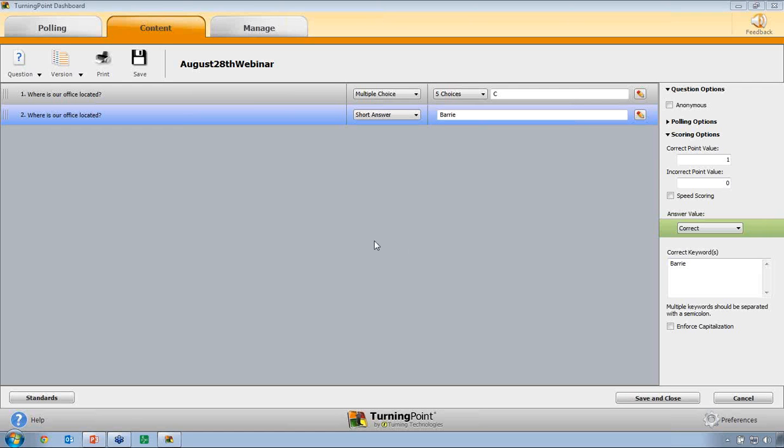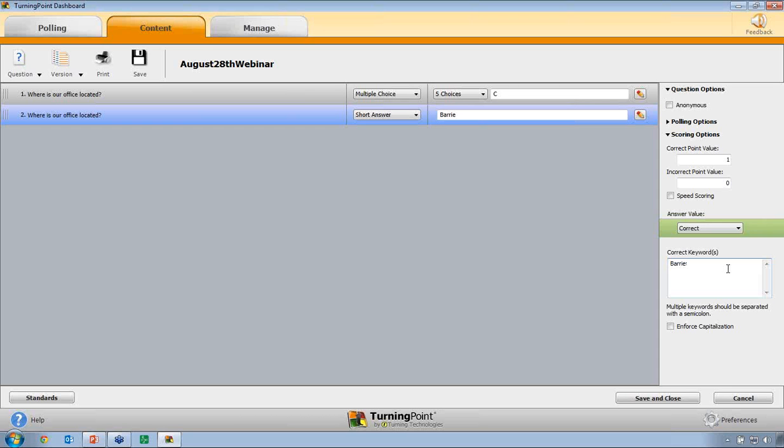So the way it scores answers to your short answer questions is just like it does within PowerPoint polling. When you set a short answer question type here, on the little settings panel, you're going to tell it that there's a correct answer. And then you either in this box here, or you can do it in the line up here, type in what the acceptable keywords are, so what the correct answer is going to be.